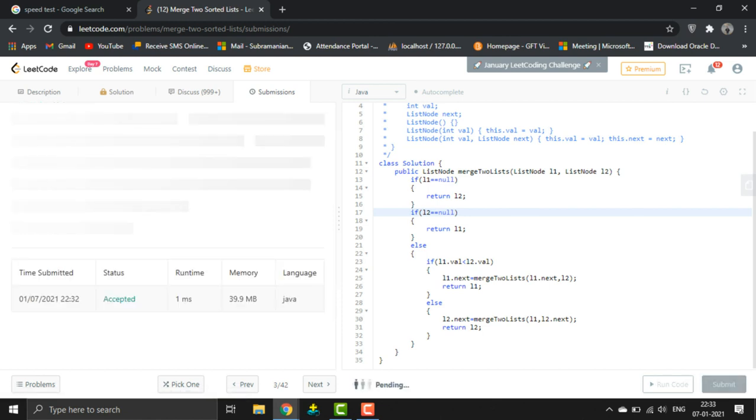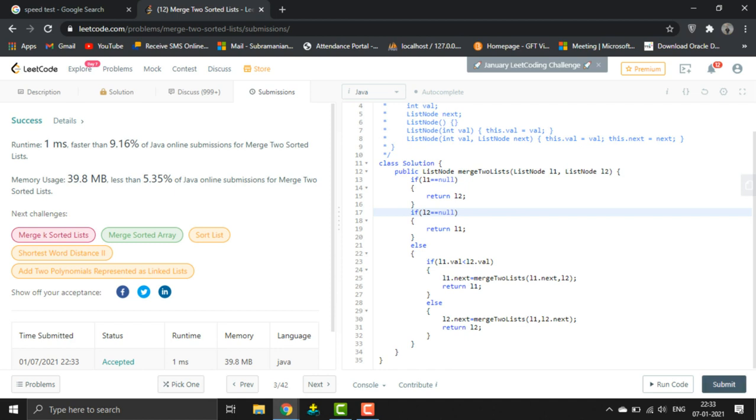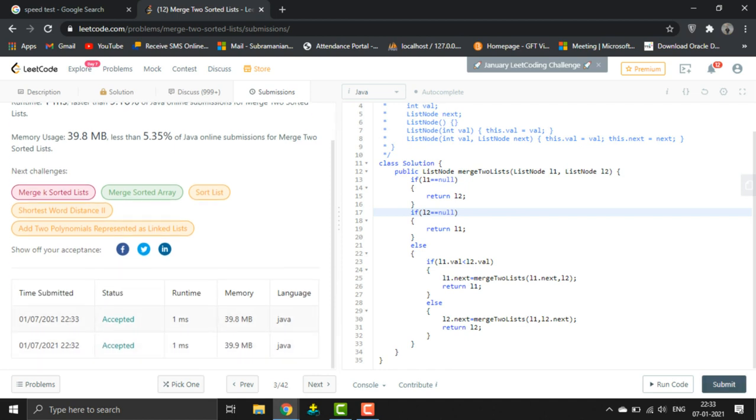Let's check this part. Okay, 0.1 MB is reduced. Cool.